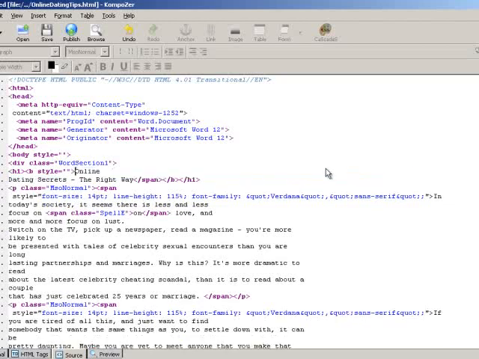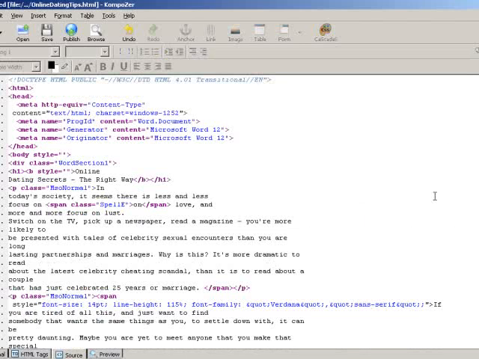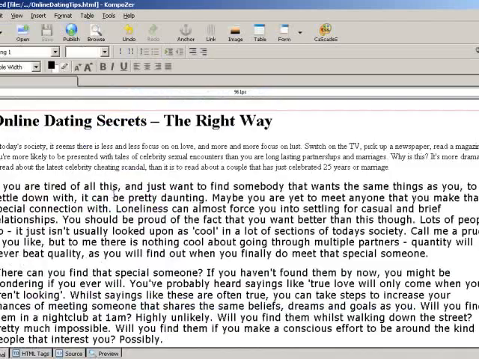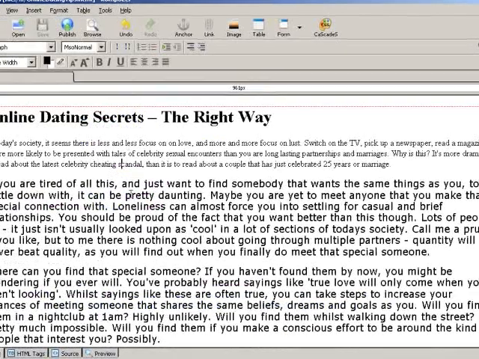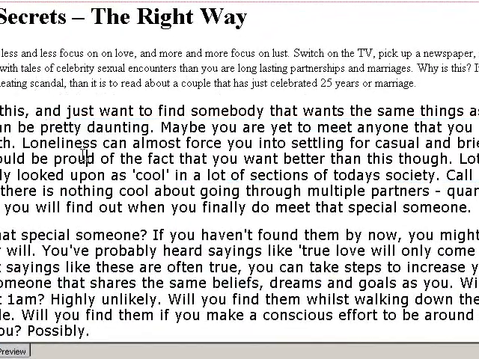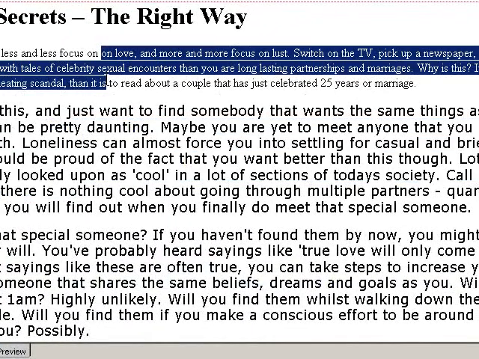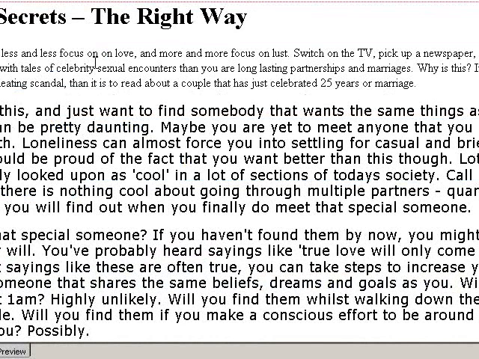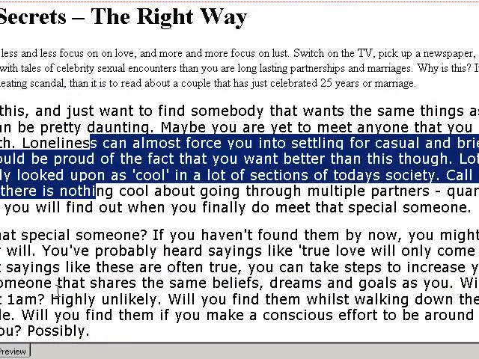And let me show you. If we remove this, when we go back to the normal preview, you'll notice that the text changes, right? Because this text here is basically clean. This text here is not. So what you will need